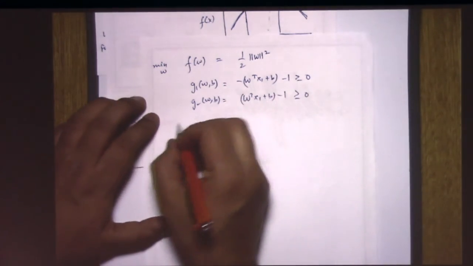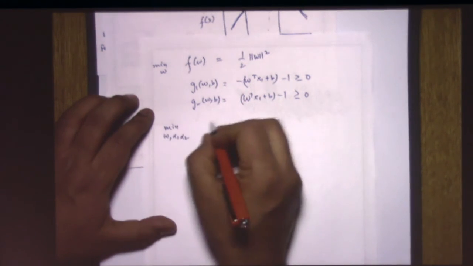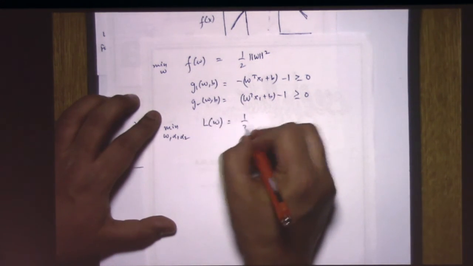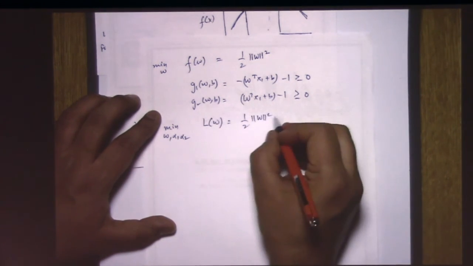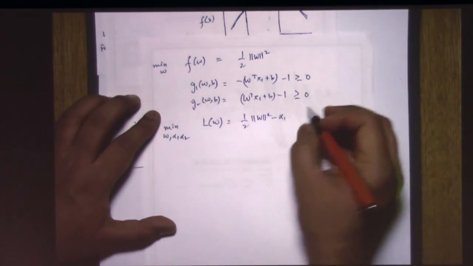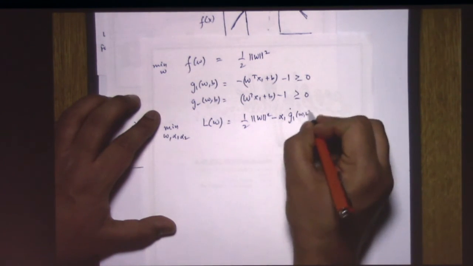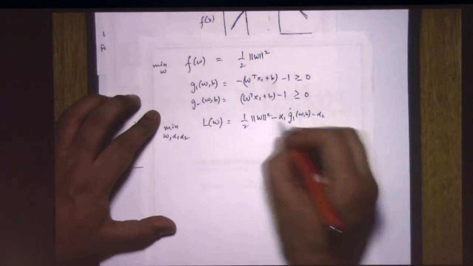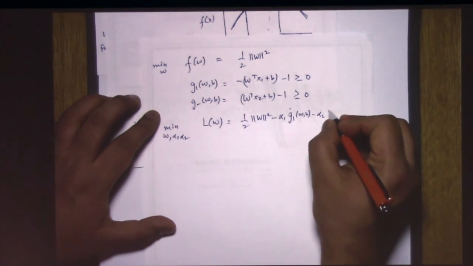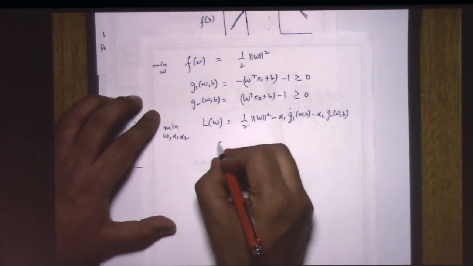So what you do is you say, now let's minimize over W, alpha 1, alpha 2, and we come up with a new objective function, which is half W square minus alpha 1 times G1 of x1, minus alpha 2 times G2 of x2, right? Subject to